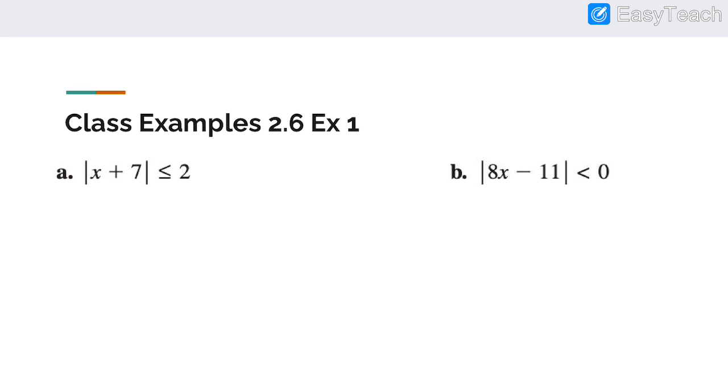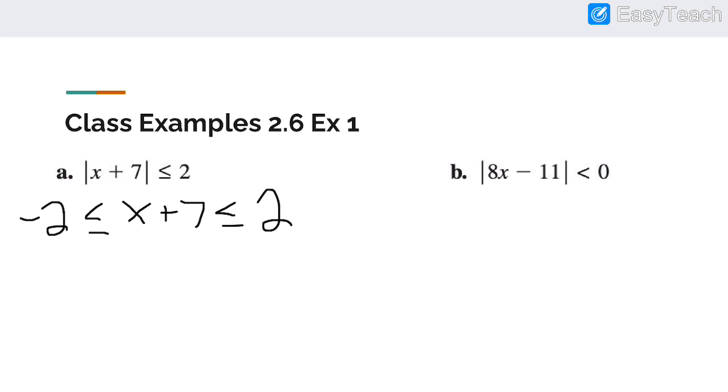So for this first one, it's a less than statement, meaning an and statement will need to come from this. So this should now turn into the following. X plus 7 is in the middle. It's less than or equal to 2, and then it's greater than or equal to negative 2. From here you would solve it down,